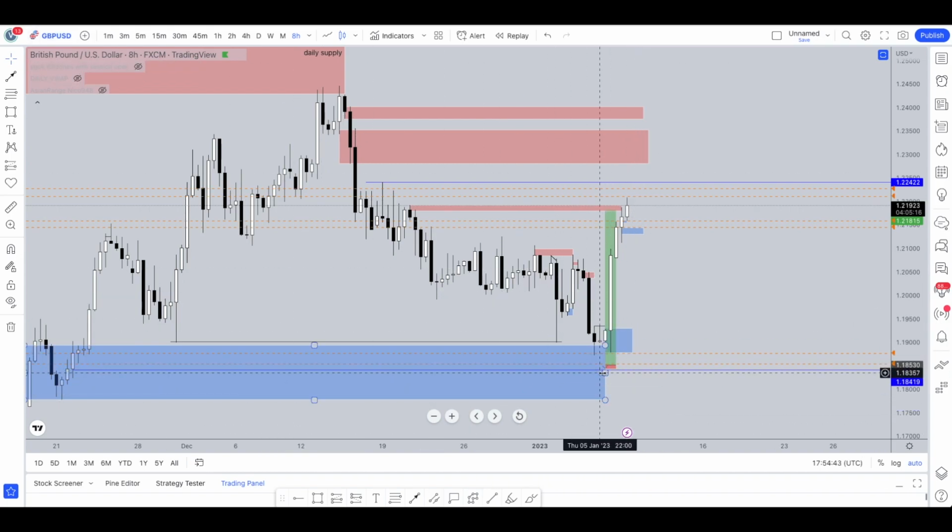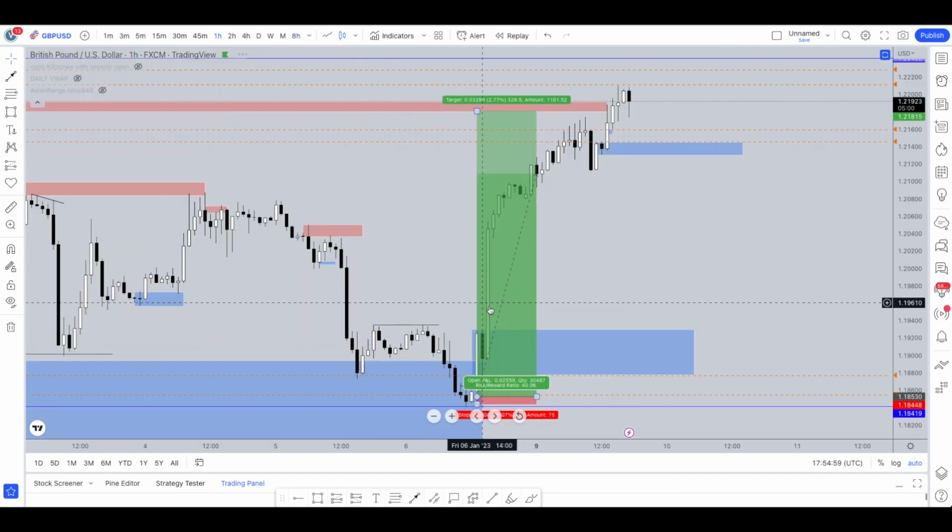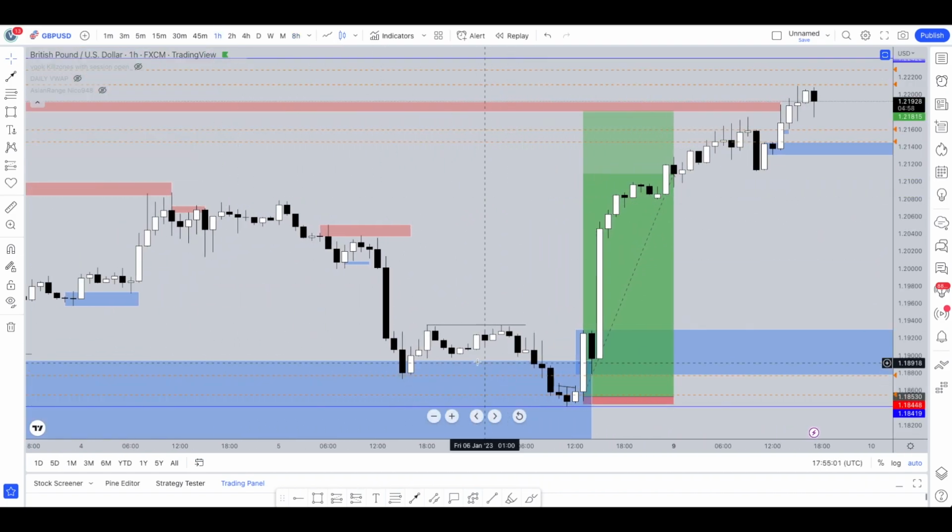So we knew that any sort of bullish order flow that was created, bullish sort of schematics that started to form in this region, it would be worth going for some sort of buys because it was a daily demand zone, which looked pretty nice. Now, as we scale down into the lower time frames, we can start to see